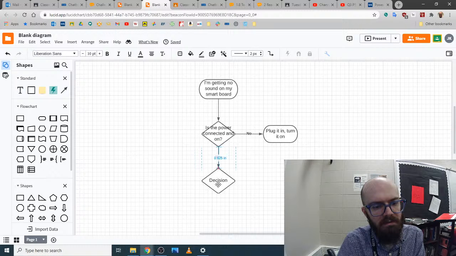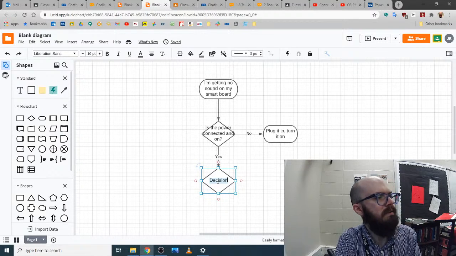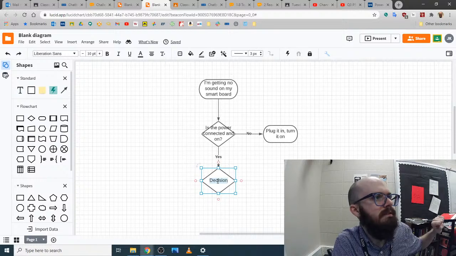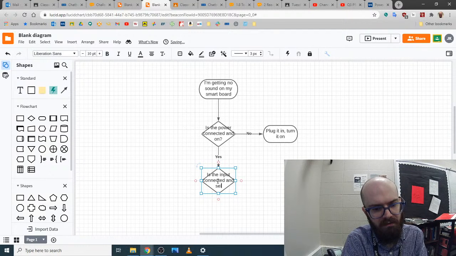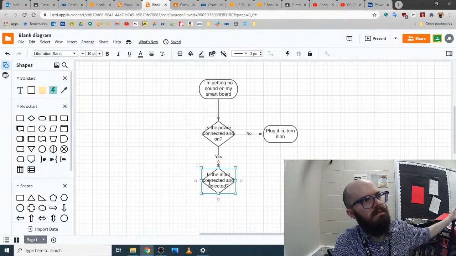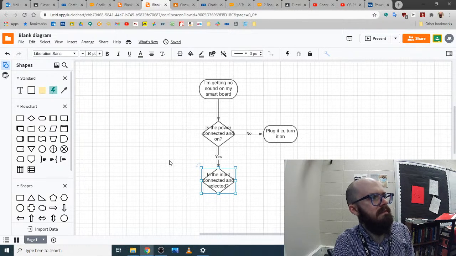I'm going to say, what about the input from the computer? Okay, is the computer connected to it and it's set to the right, you know, HDMI 2 or whatever? Is the input connected and selected? So you plug it into the computer, you choose it on your source menu, and that's another very likely